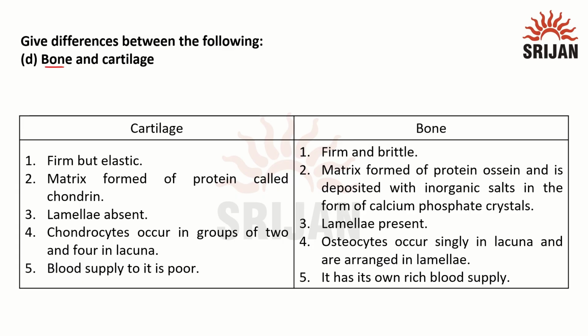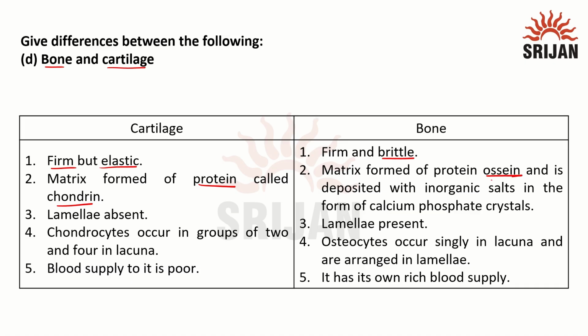The next difference is between bone and cartilage. Both are proper connective tissues. Both are helpful in skeletal structure. Cartilage is firm but a little elastic, whereas bone is brittle. The matrix is formed of protein known as chondrin in cartilage, whereas it is made up of more salts, or